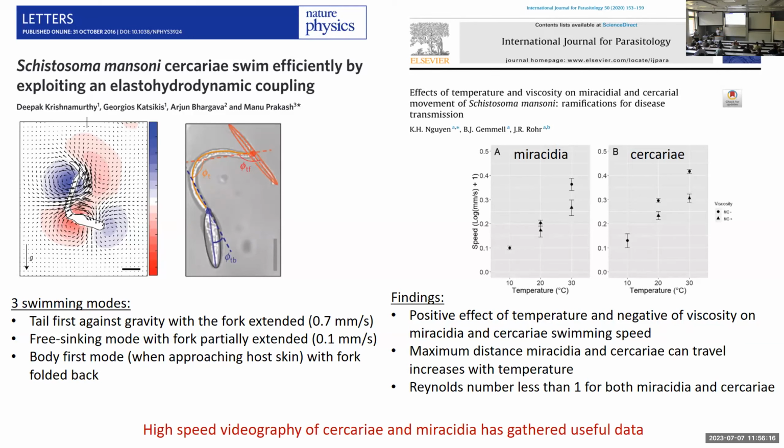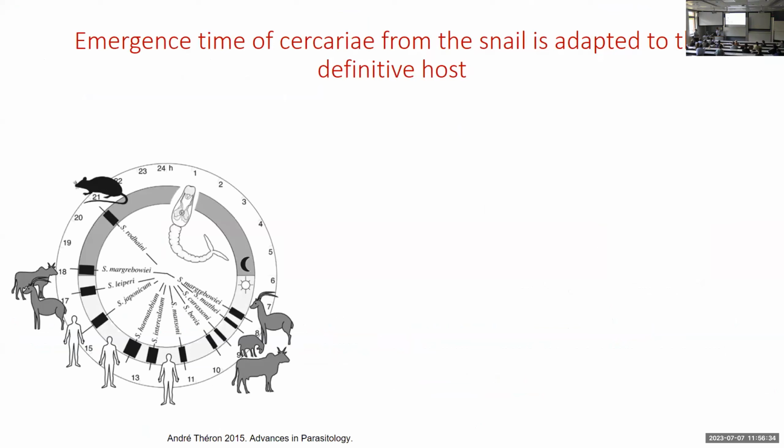So yeah, the high-speed videography of Cercaria and Miracidia has gathered useful information, and I think there's great potential for this model. And what's really interesting is the emergence time of Cercaria from the snail, which is highly adapted to the definitive host. So here is a fantastic kind of clock graph, which shows different species of schistosome and their different hosts. And the emergence time is really correlated with the high probability of when this host may visit